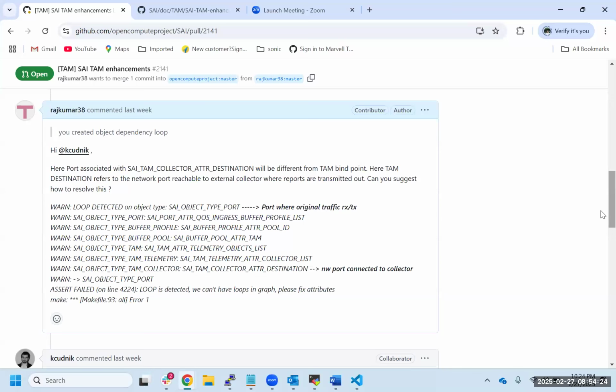Kamal, at least is there a way to add exceptions for these kinds of things? Because of the tool, we don't want to change the abstraction. We don't want to lose the readability of the spec. Is there a way we can add exceptions for these cases? You know, we can add an exception for everything. But basically, then we don't have a stable standard. We just have an exception on an exception.